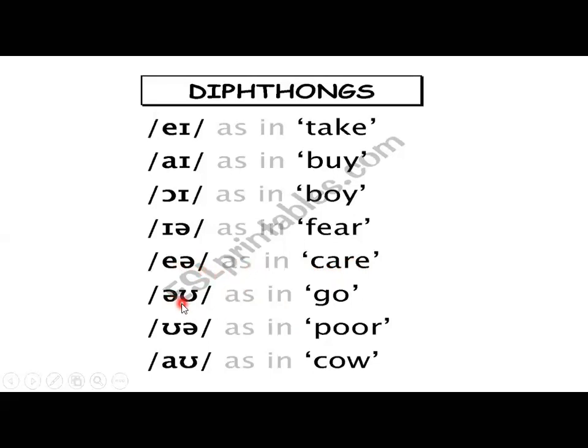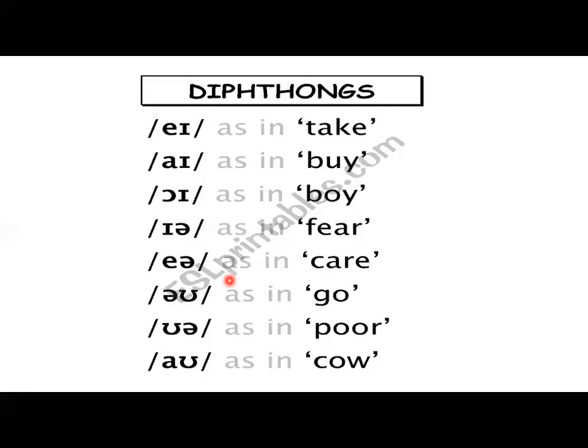Then oh. In English there is no pure o sound. In alphabets we write o. When we write the 26 alphabets, A, B, C, D, E, F, G, H, at that time we write o. But the letter is o, or the alphabet for writing is o, but it is not in the sound. So whenever the spelling o is written in the word, then we have to pronounce it as oh, not as o.